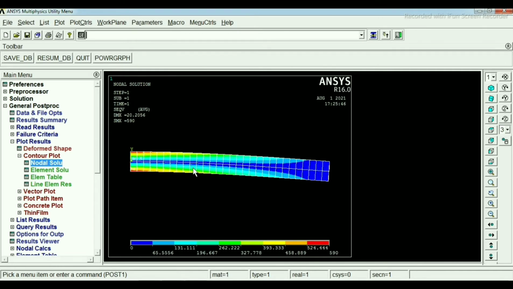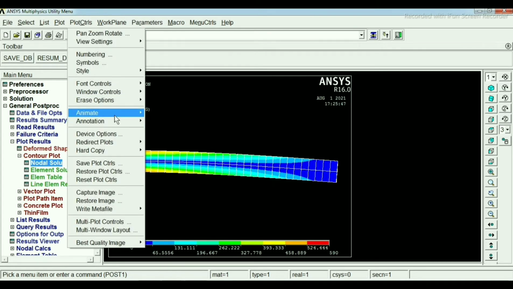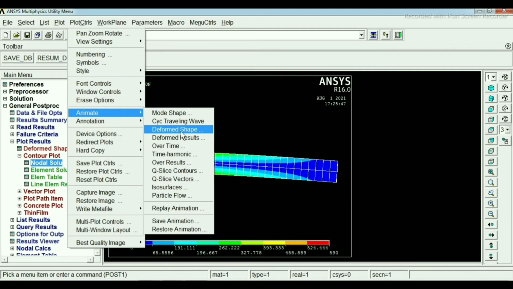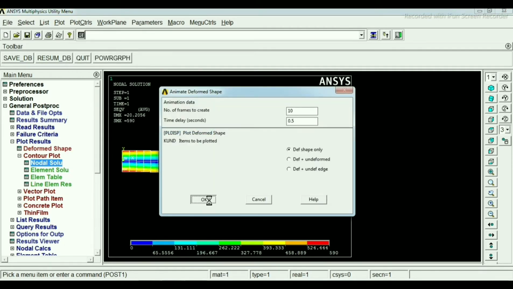So these are the stresses in the beam, and the color codes indicate the various stress values. You can animate from here only. In Plot Controls there is Animate. Click on Deformed Shape, and then click OK.